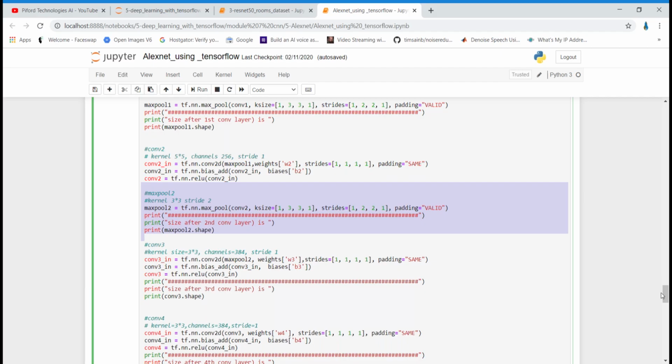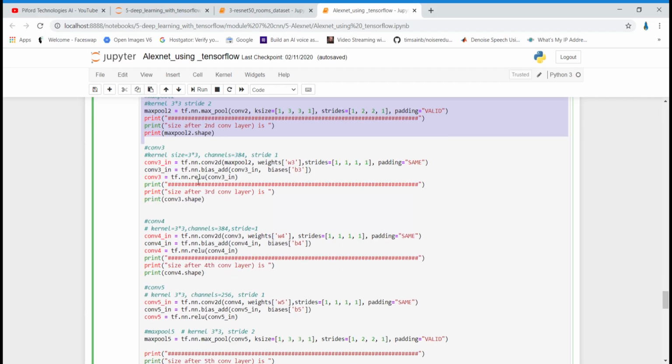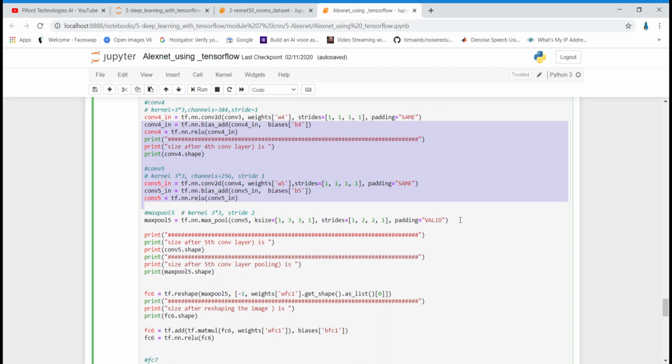You can see from here convolutional layer 3, then convolutional layer 4, and then convolutional layer 5. We are not having any pooling layer in between, and we are just picking the output of the previous layer as input to the next layer, and choosing weights accordingly, layer-wise. And after the fifth layer we have the max pool layer. See over here, right? After the fifth layer we have the max pool layer, and here I'm just checking the shape. Now the task is the fully connected layer.